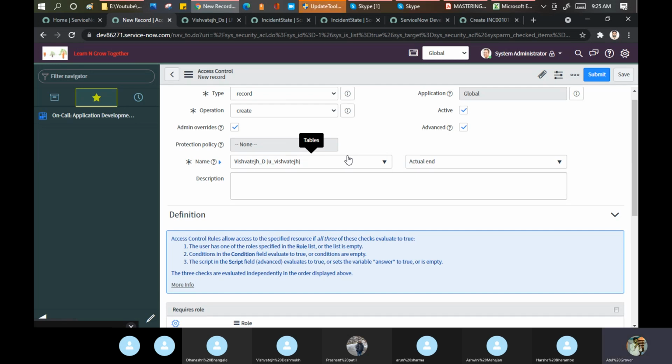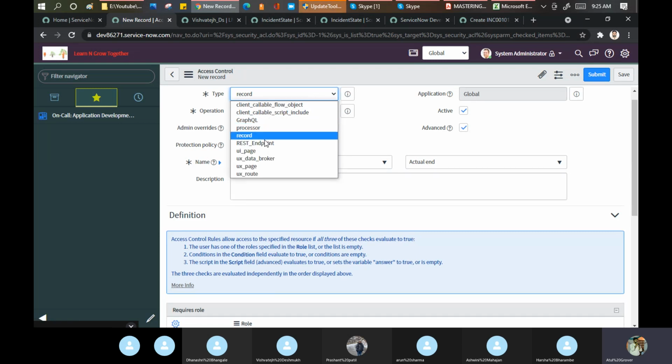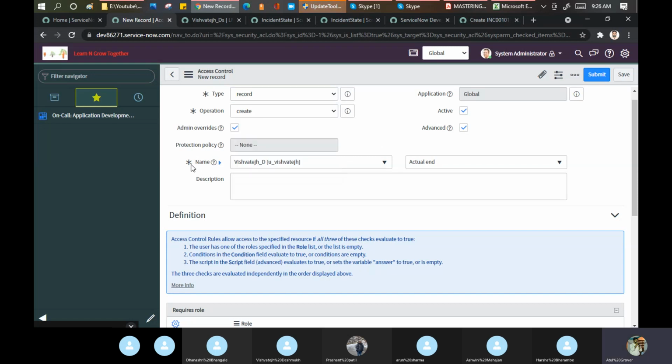A small description, but important from the interview perspective. You should remember these things. The type can be processor, record, REST endpoint, all of these. And remember this point, that I'm applying it at the table level or the record level.